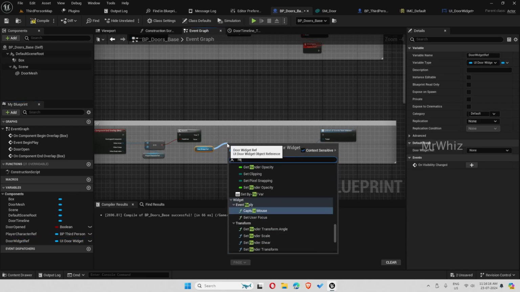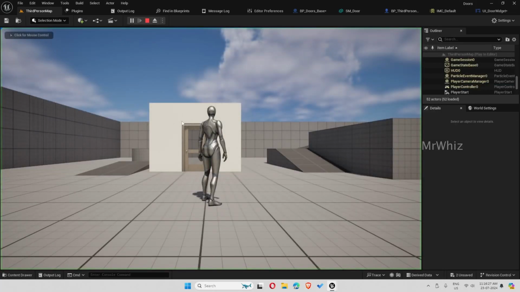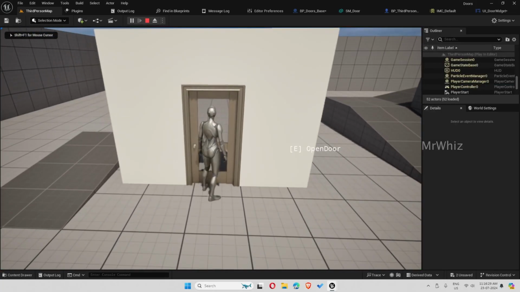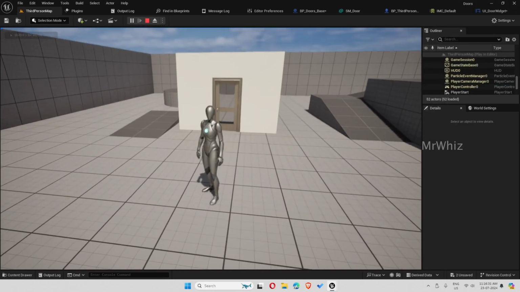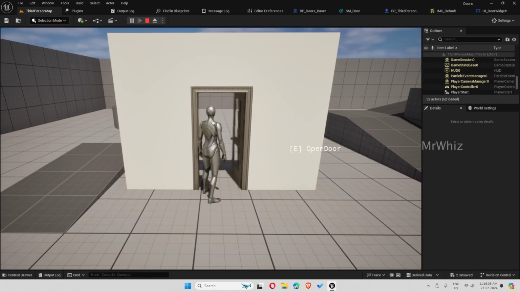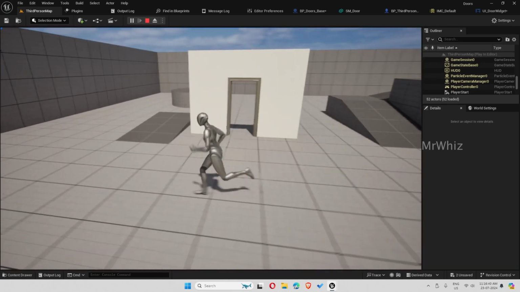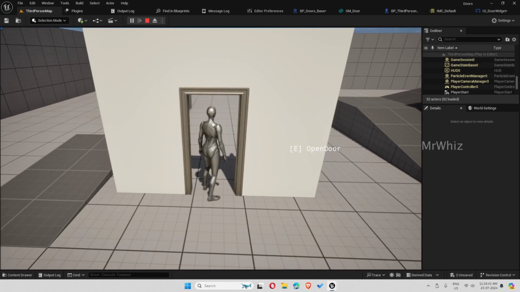Reference and remove from parent. Now when we play this, we have it, and when we move away, the widget disappears. But still, when we open the door, immediately after opening the door, it should go off. So for that,